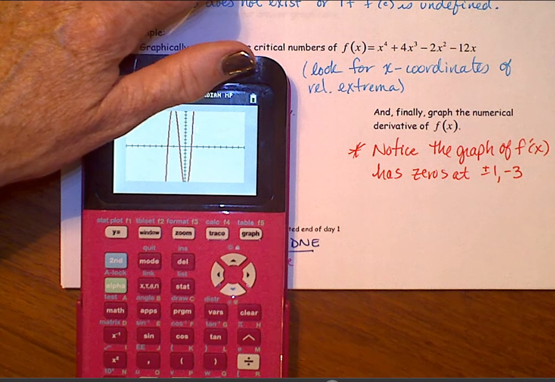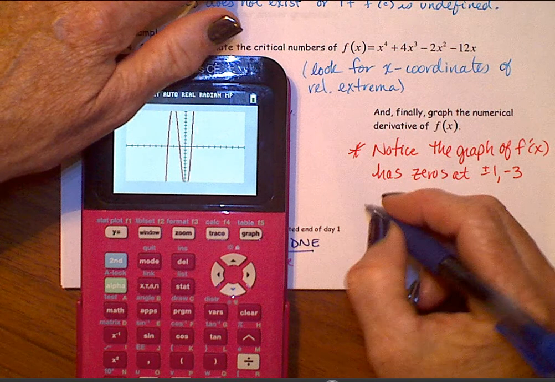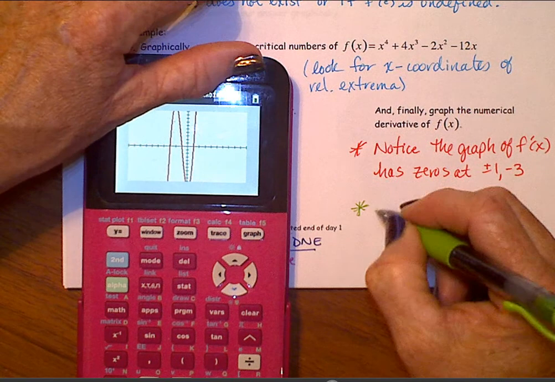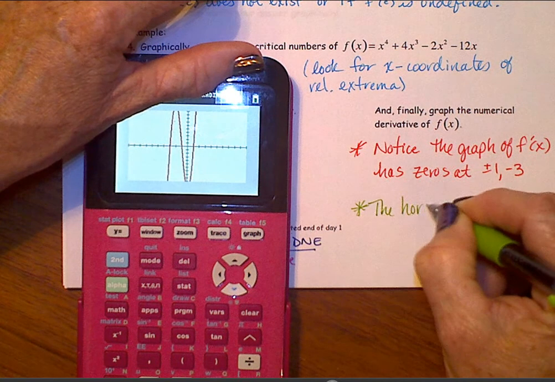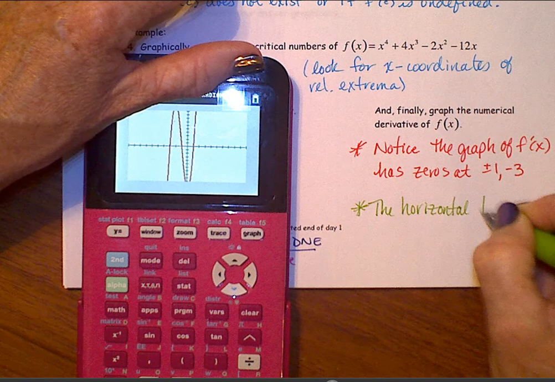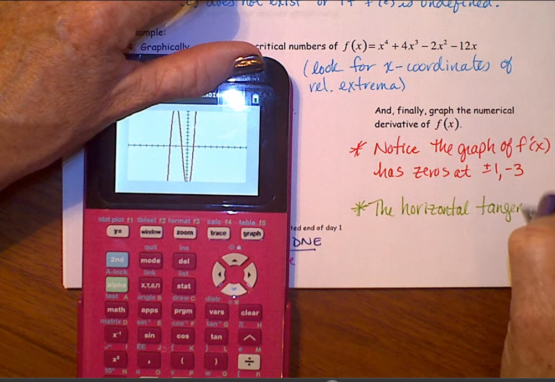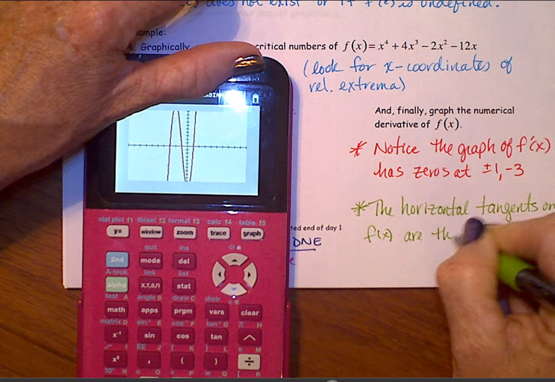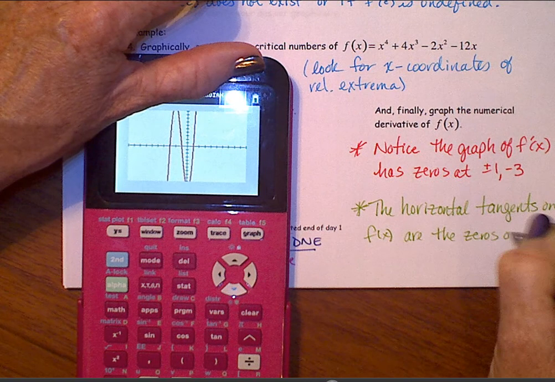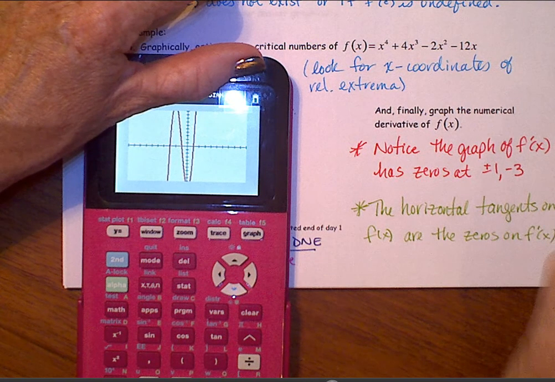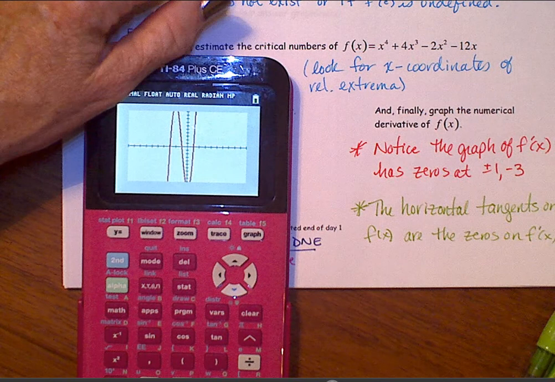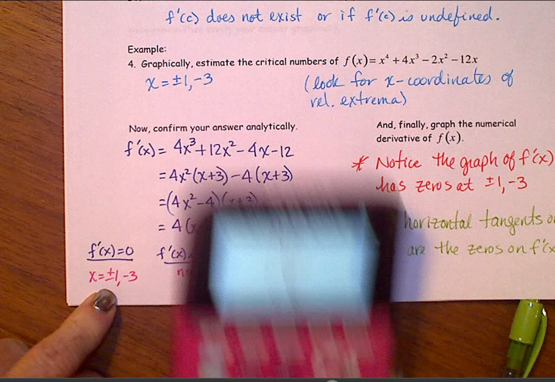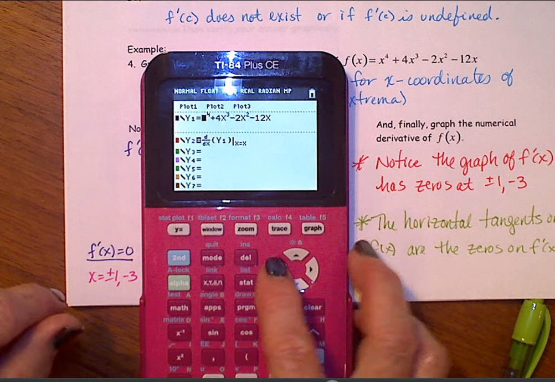So if we put this all together, can you see that the horizontal tangents on f of x are the zeros on f prime? Horizontal tangents where the derivative is equal to 0, slope of a tangent is equal to 0, right here. And maybe if we put these right back on top of each other,